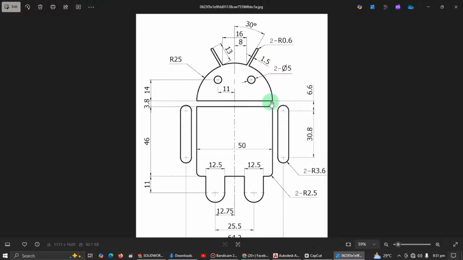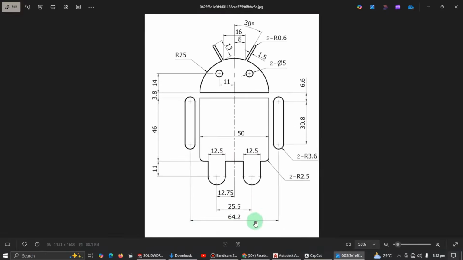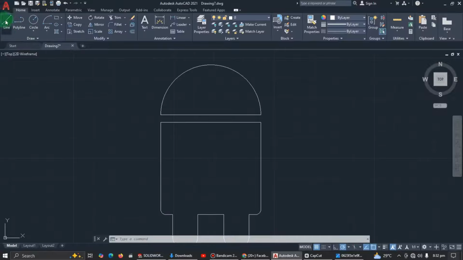So you can see from this place to this side is 6.6. And then you can see from the base here, from center to center is actually 64. Okay, so I'm going to use 64.2. So I'm going to draw a horizontal line, just anywhere like this, 64.2. Now I'll move it